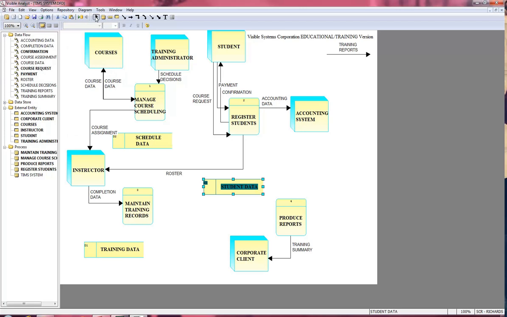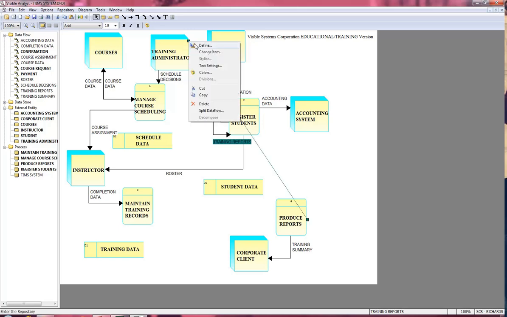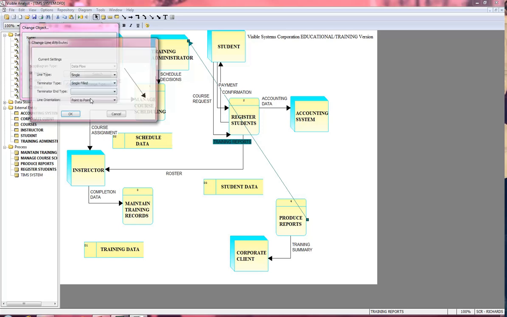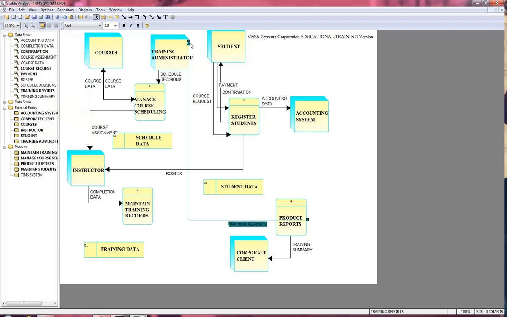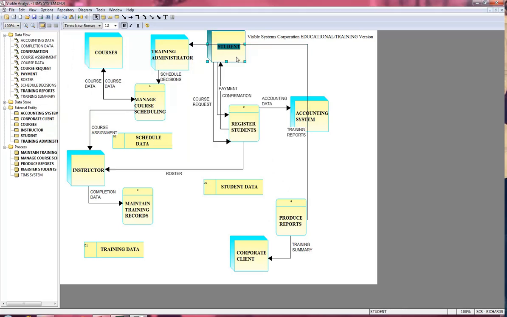Okay, so I'm going to go back to our select tool just so I don't accidentally add another data store somewhere. Oh, we still have training reports up here. Training reports goes down here from produce reports up to the training administrator. This one's going to be fun. And we've crossed a data flow here, which is bad. So let's move this down. Let's move this